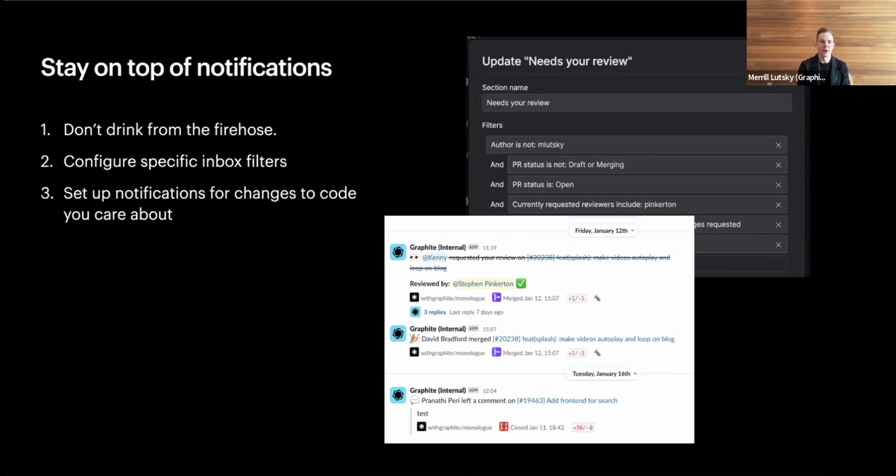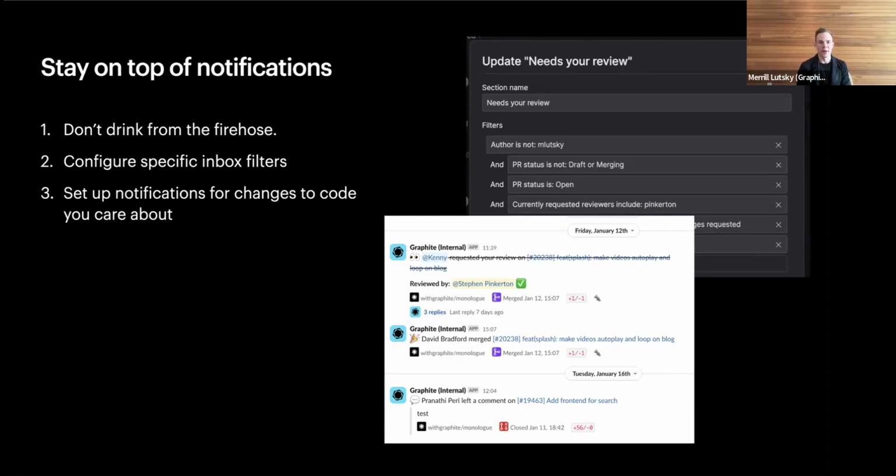Finally, staying on top of notifications. This is something that a lot of engineers that we talk to have mentioned. Notifications are something that I think all of us struggle with, weighing the balance between just getting the massive firehose of notifications and constantly being interrupted by anything that's happened on any PR that you're at all associated with, versus putting everything on silent and then potentially missing an important review or missing the opportunity to unblock your